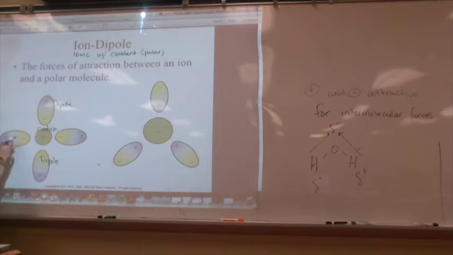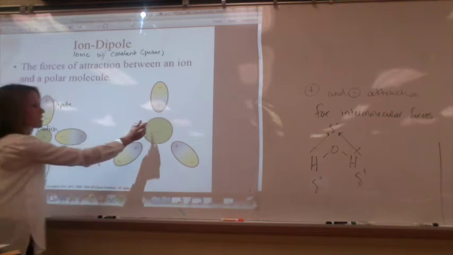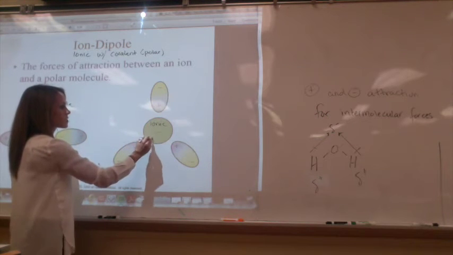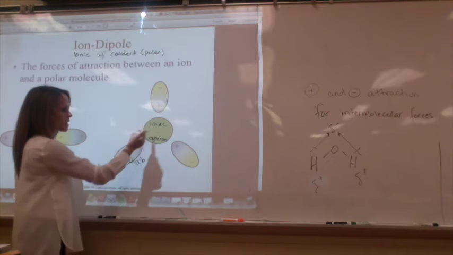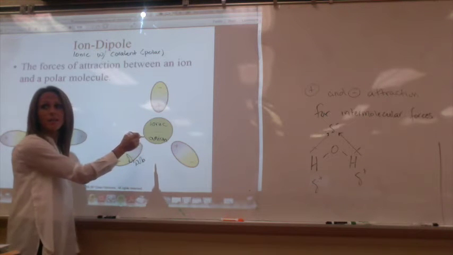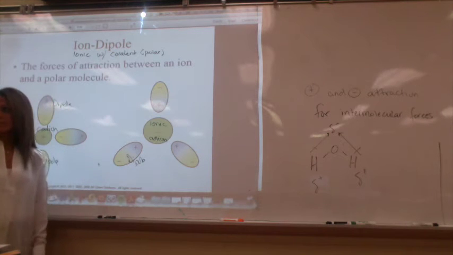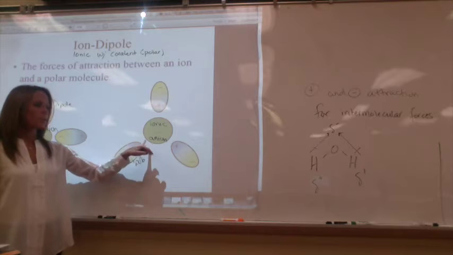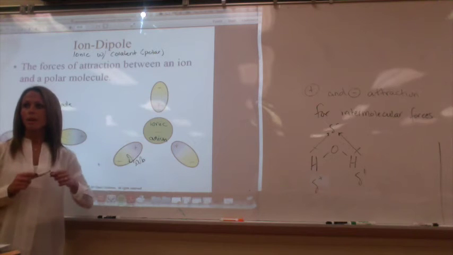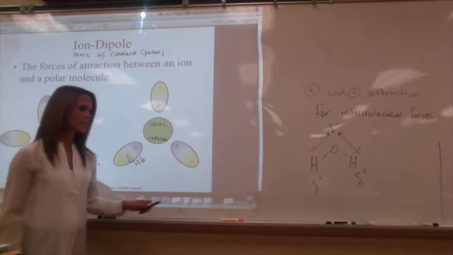This is the covalent piece here that's attracted to the ionic piece here. This is an ionic piece, your anion. And these are your dipoles, your covalent piece attracting to the anion in the ionic compound. Get it? Your dipole is your molecule. Your cation or anion comes from the ionic compound. That's what an ion dipole is.